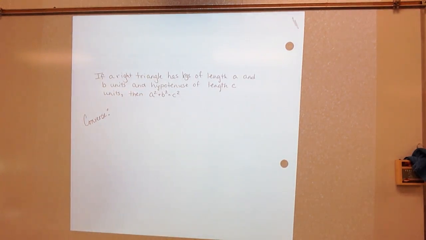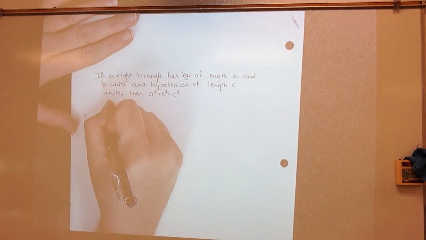Do you remember what it meant to be converse? Switch them. And we're going to add just a little bit of wording here to help it make sense. So if the lengths A, B, and C of the sides of a triangle are related by A squared plus B squared is equal to C squared,